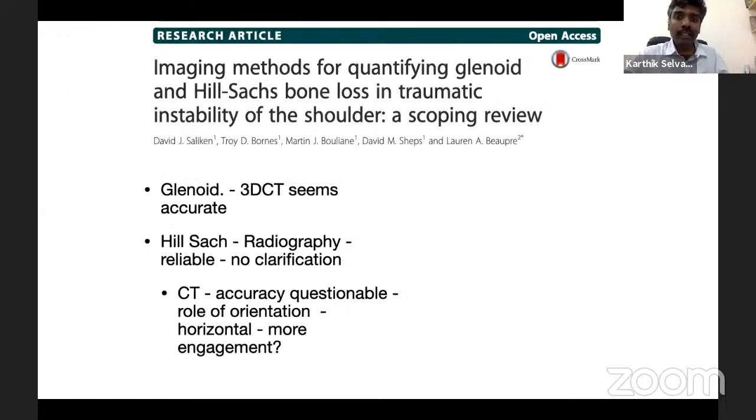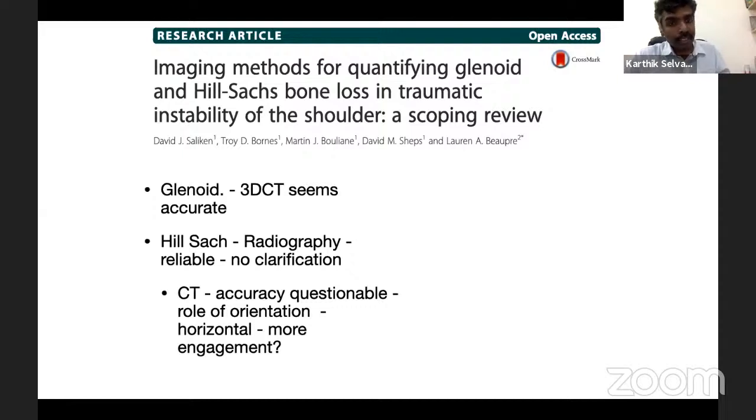Again, this is another new sort of review, which is called the scoping review. This is the new thing. A scoping review is not as difficult as a systematic review to do, so anybody wishing to do a review can do a scoping review. This also finds some printing space nowadays in the publishing industry. So here again, this takes into account all the 50 papers looking at bone loss.